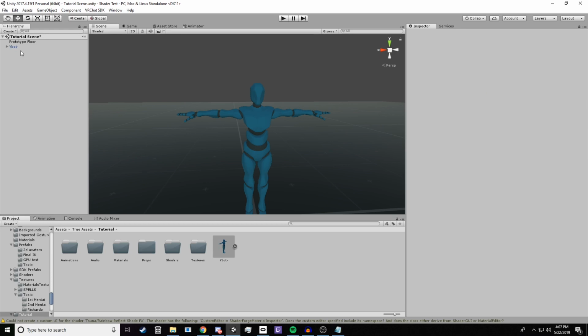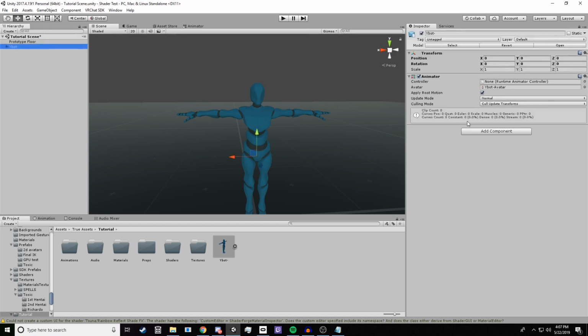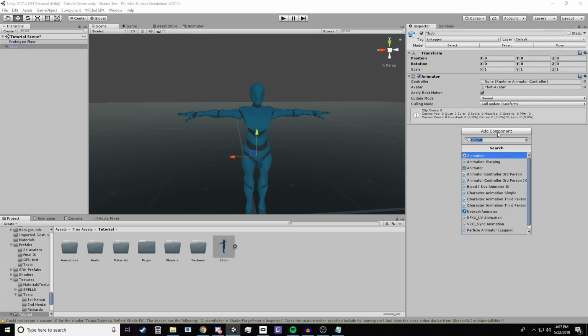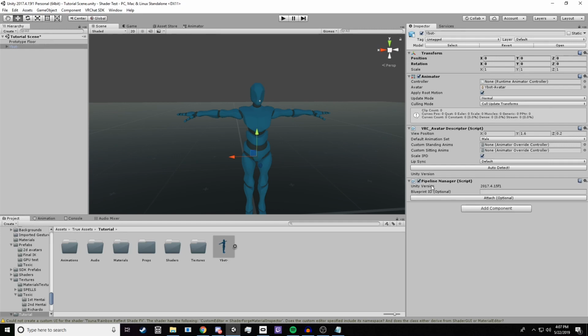Once your avatar is in the scene, you'll want to highlight the root of your avatar and navigate to the right where you see Add Component. Go ahead and click on this button and type in Avatar Descriptor. You'll see the first option is VRC Avatar Descriptor. As long as you have the VRC SDK imported, you'll see this. If not, you'll need to import the SDK. Go ahead and click on that, and you'll have two new components pop up, the Pipeline Manager and VRC Avatar